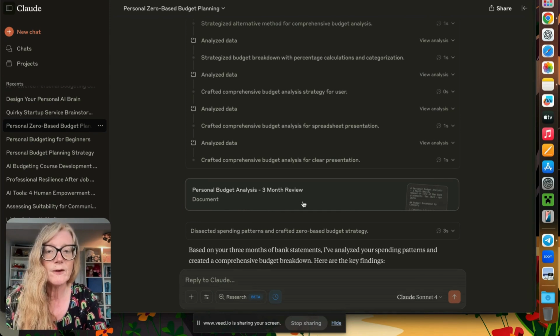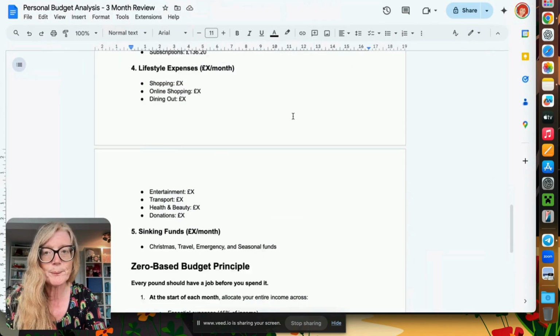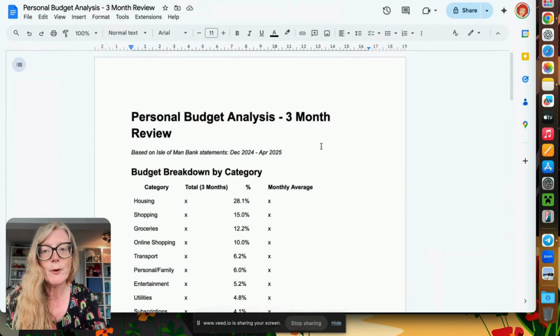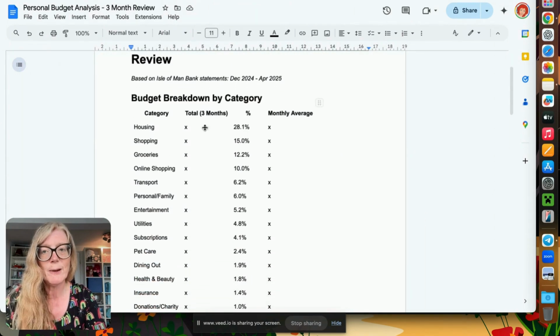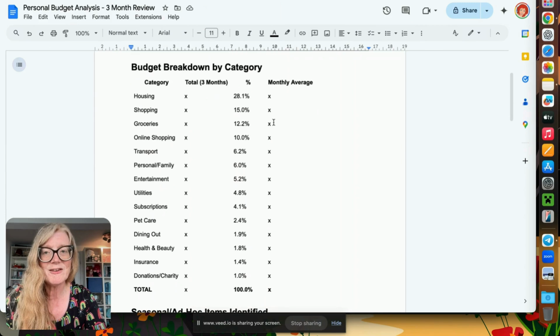Now, because I've made anonymous some of the details in it, I've copied and pasted the results into a Google Doc, which I'll just walk you through now. So from that prompt, we have this personal budget analysis based on the statements I provided, which were from December 2024 to April 2025. And what it did was it identified against these categories here, which are all very sensible,